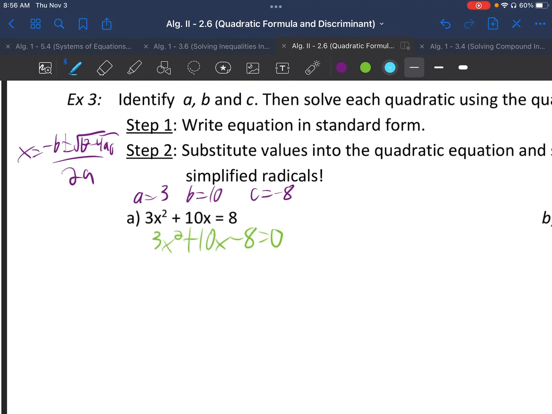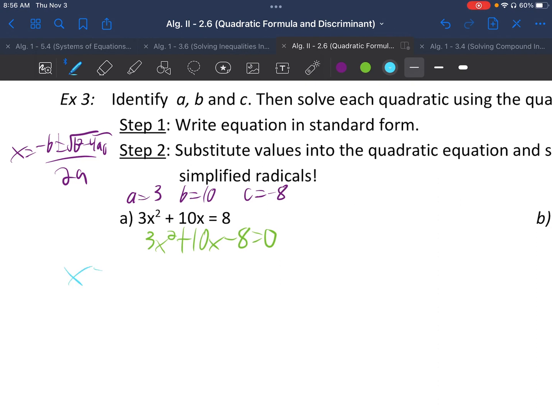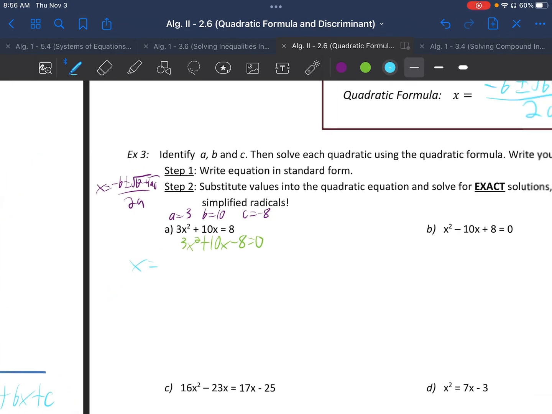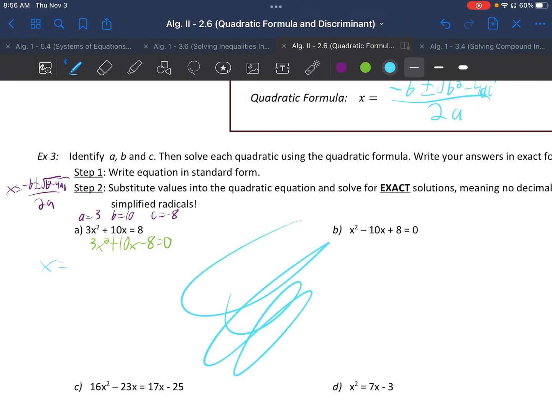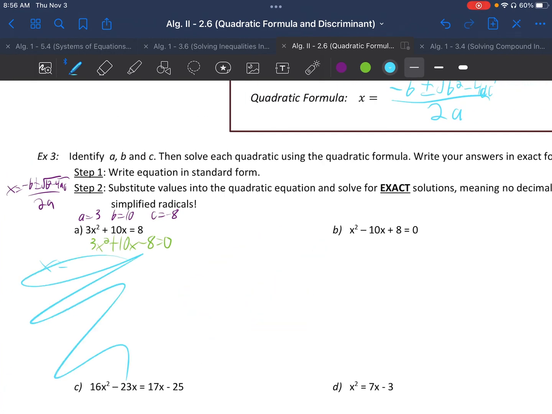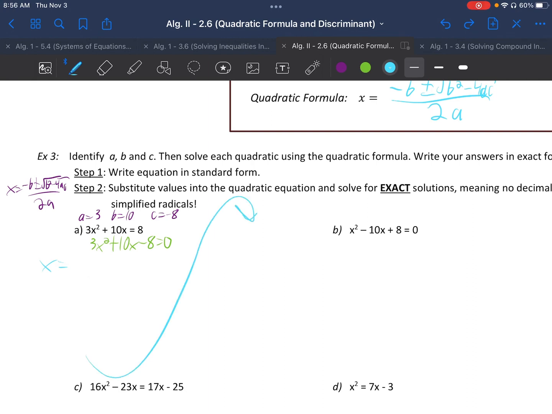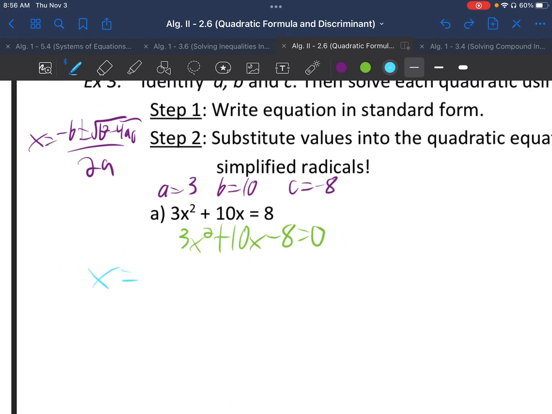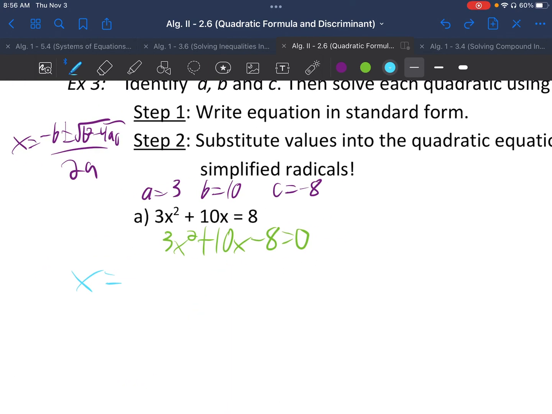So now what we'll do is we'll take the a, b, and c and plug it in. So x is equal to, and I would write small to give yourself enough room, and also don't write super over into this area yet. Maybe keep it more over here, so that way we can move over here if we need more room. Just some tips here. So negative b, negative 10, and I'd suggest putting things in parentheses to start until you get more used to it,